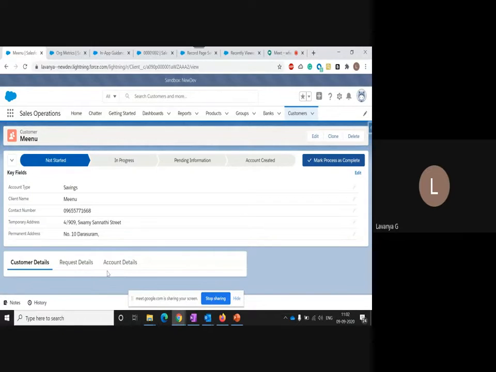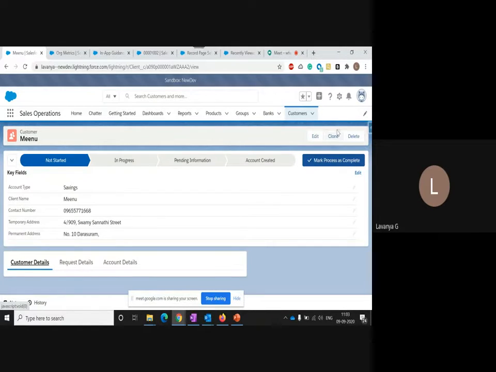So this is one of the detail pages on the customer object. I have a few details about a customer, and I have three tabs, but I did not show any details right now. My logic is, I have a pick list called process. If the process is not started, I don't want to show any details except my key fields. So right now you are seeing the key fields because my status is not started. I will update this one.